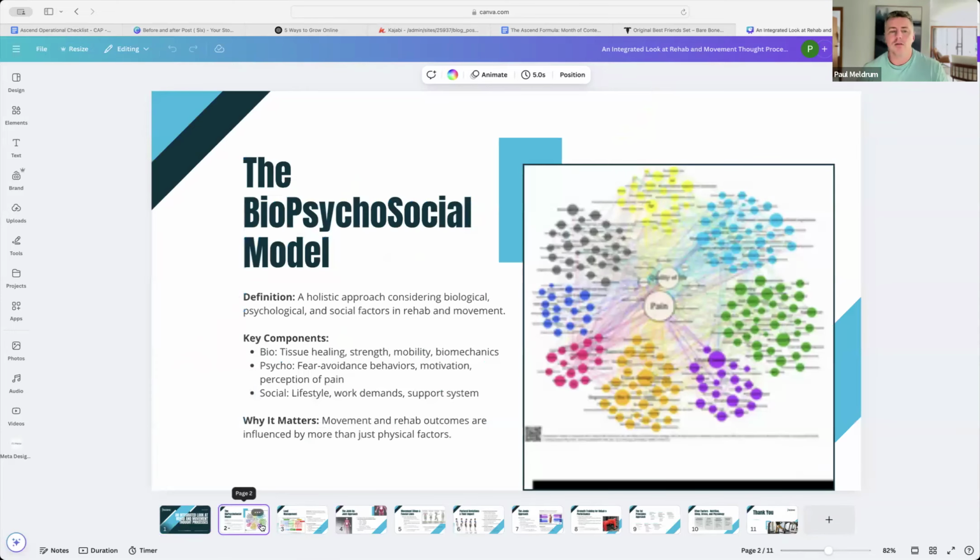So the first model that I always consider when I'm doing any kind of rehab is the biopsychosocial model. I've talked about it a bit. I don't ever really go fully down the rabbit hole of it because if you look at that picture, you can see how deep the rabbit hole goes. All those things on that picture are all the factors that contribute to musculoskeletal pain or the experience of pain. So when someone says pain is just one thing, this one exercise you must do, all those types of claims that we see, it's not really it, unfortunately.